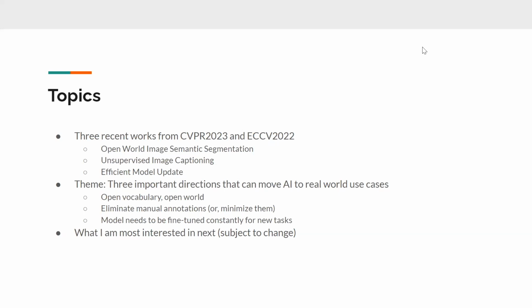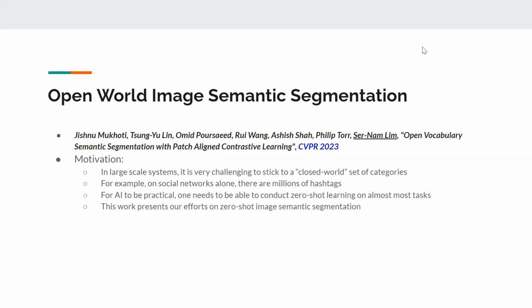And then I'm going to talk a little bit about what I'm very interested in next. Subject to change, of course, because research topics change all the time. So the first topic I'm going to talk about is a paper in CVPR 2022 this year. We are very excited about this work. It's the first time we submitted and the first time we got it in, with very, very strong reviews. And Momar here will tell you that is very rare. Very exciting work. And I'll tell you the elegance of this method. Pay attention to that as well.